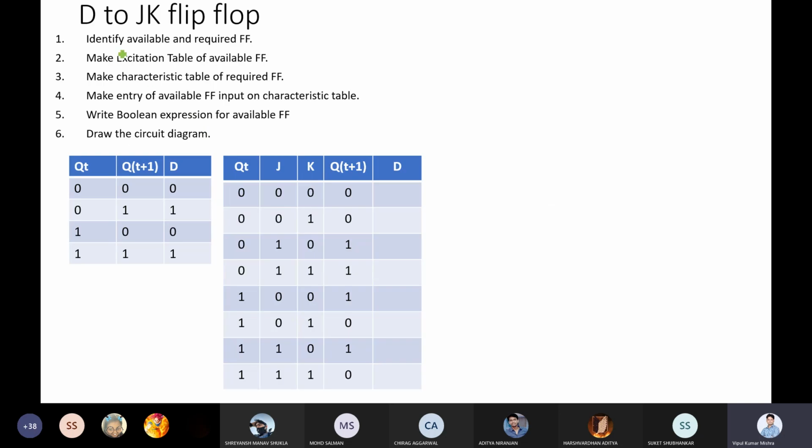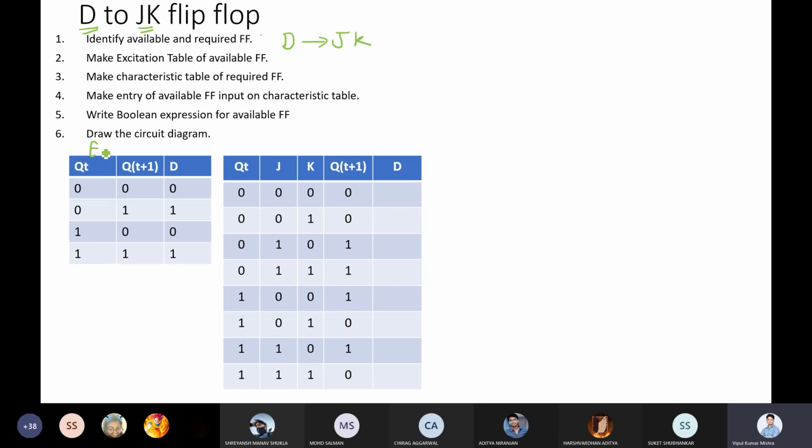So first I want to convert D to JK. So what is available here? D is available, and we want a JK flip-flop. So the very first thing, we already identified the first step. Available is D and we want to convert into JK. So the excitation table is required for the available flip-flop, that is the D flip-flop.